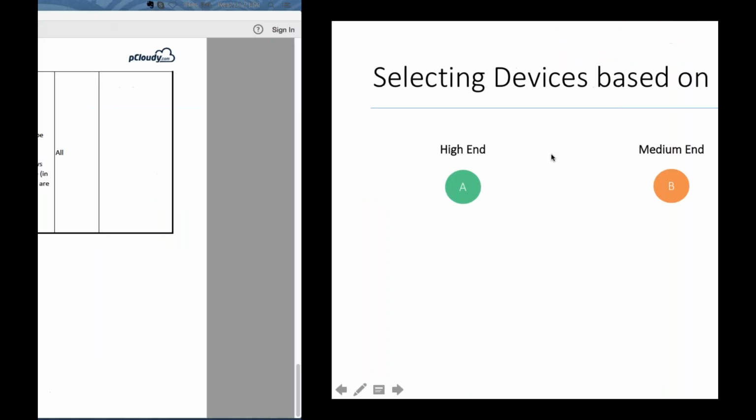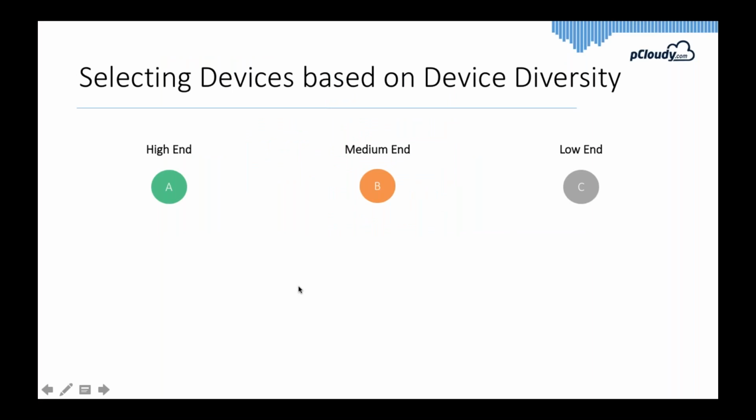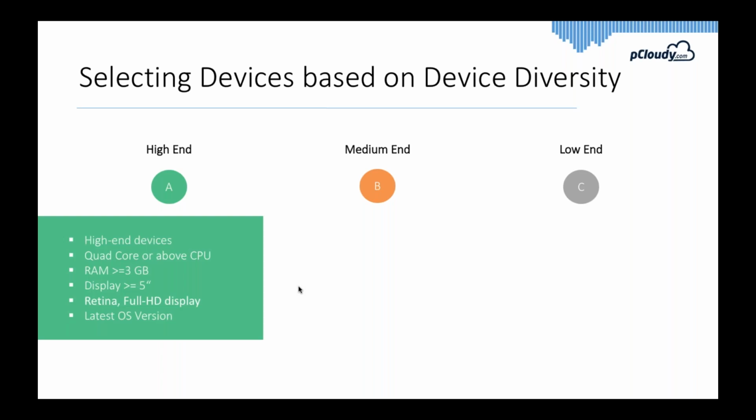And device diversity typically is based on an approach where you want to maximize the range of devices that you want to cover as part of your testing. So the way this approach works is you can divide the device ranges into three different categories: high end, medium, and low end, and each has certain parameters. Of course, these parameters can be changed depending on your situation, but this is one of the widely used ways